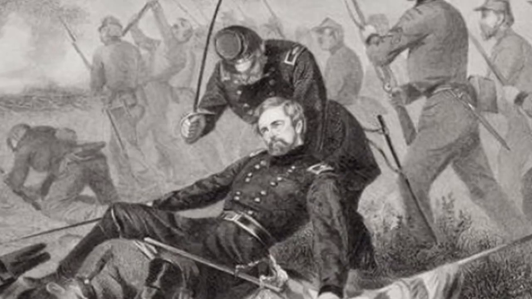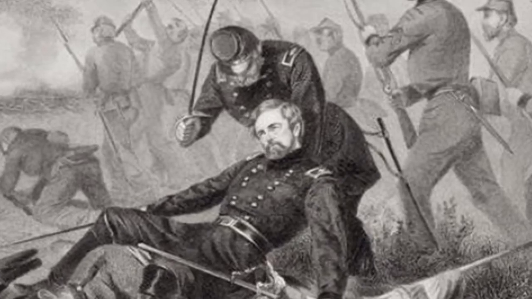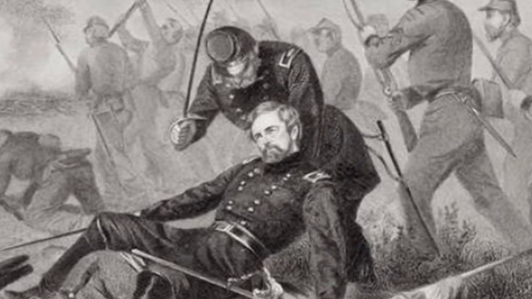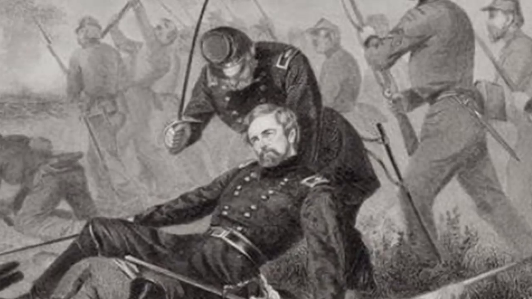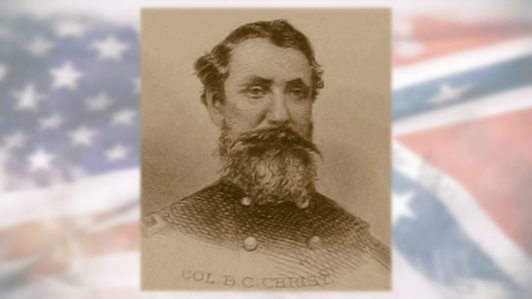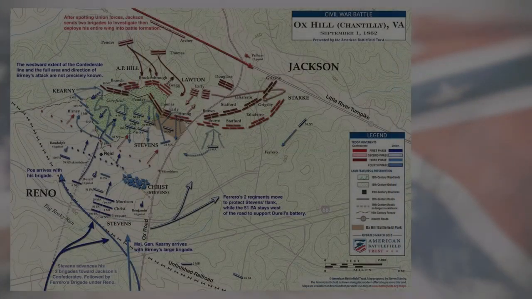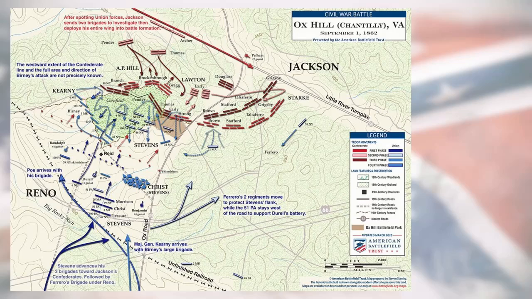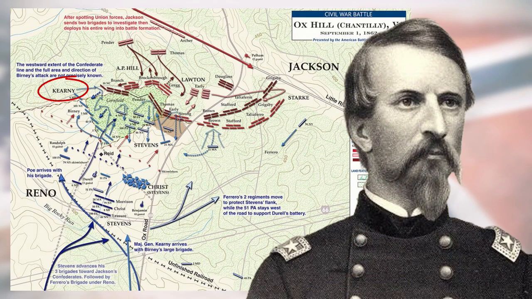To make matters worse, the heavy downpour began to make it impossible for most men to fire the weapons they carried. Stevens's command fell to Colonel Benjamin Christ of the 50th Pennsylvania, who was trapped on the far left and unable to reorganize the shattered lines. But just when the Federal situation looked bleakest, reinforcements arrived. The Michigan lieutenant, whom Stevens had sent for help, had managed to summon Major General Philip Kearny, commanding a division of Major General Samuel P. Heintzelman's Corps of the Army of the Potomac.